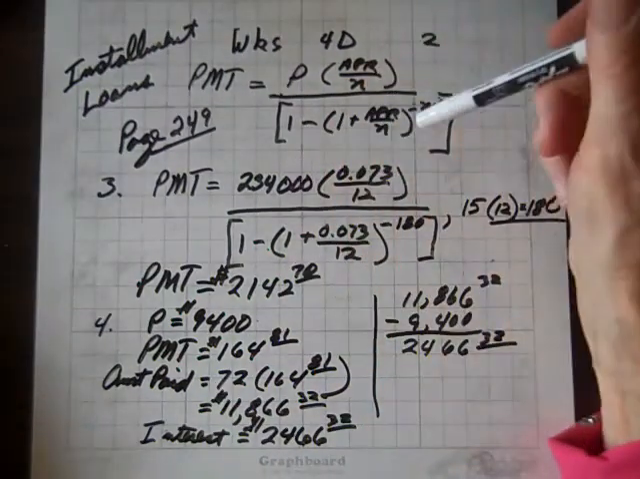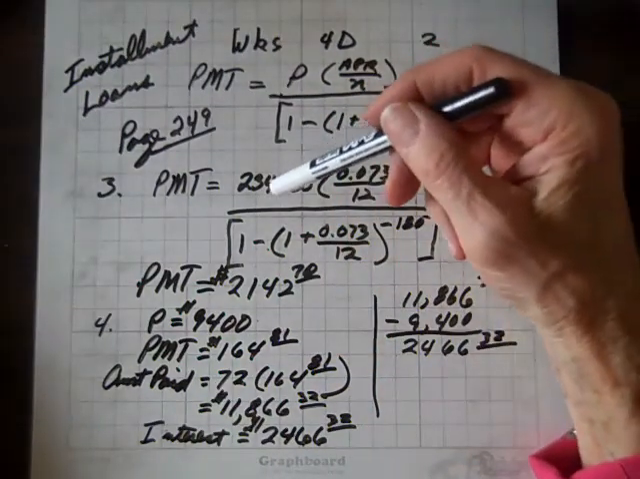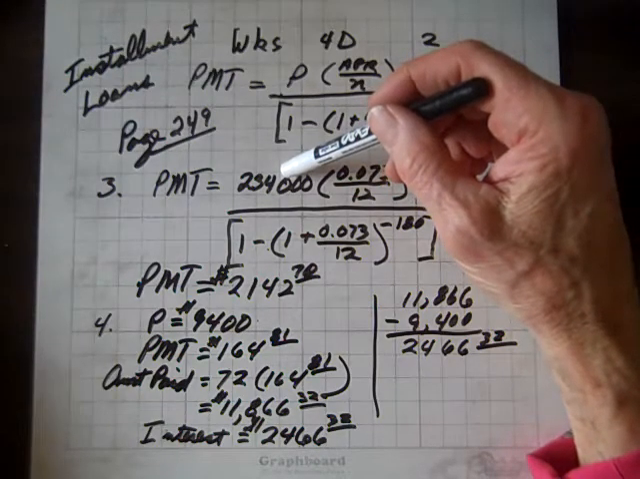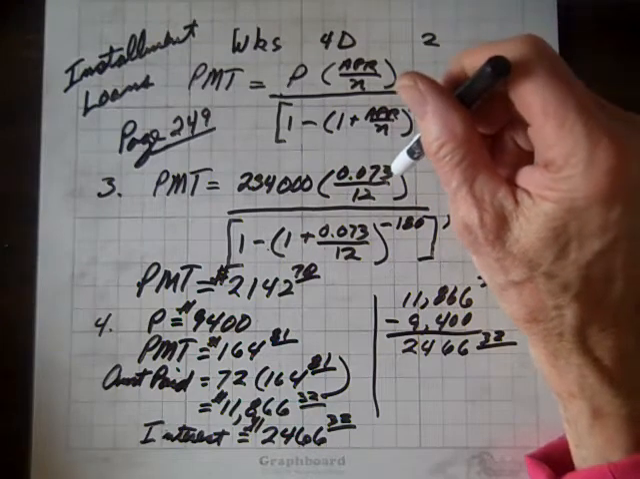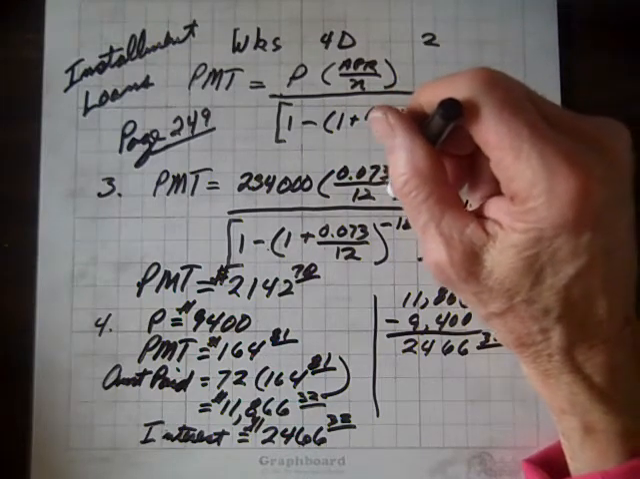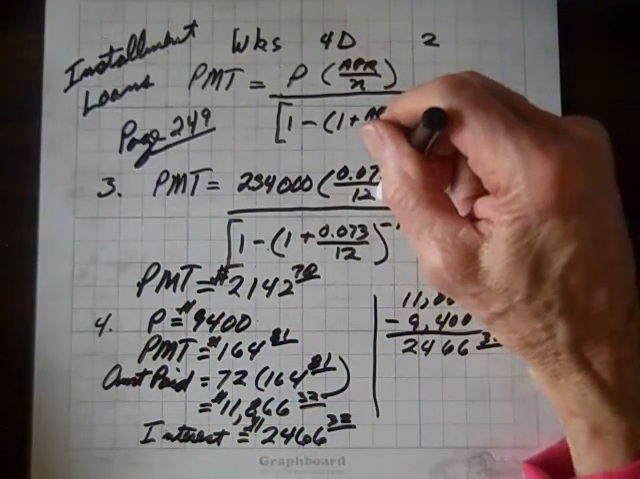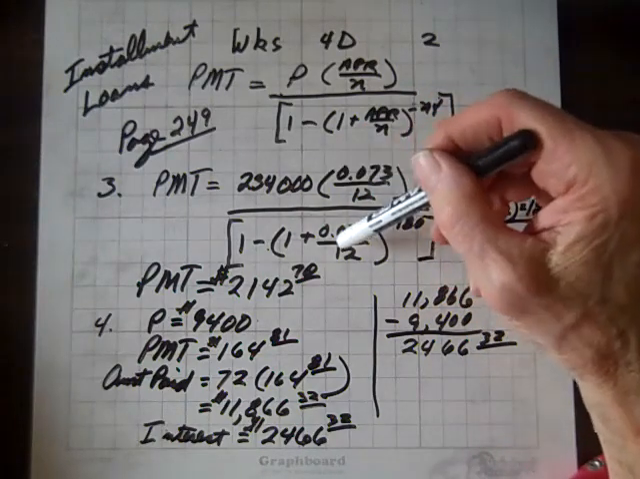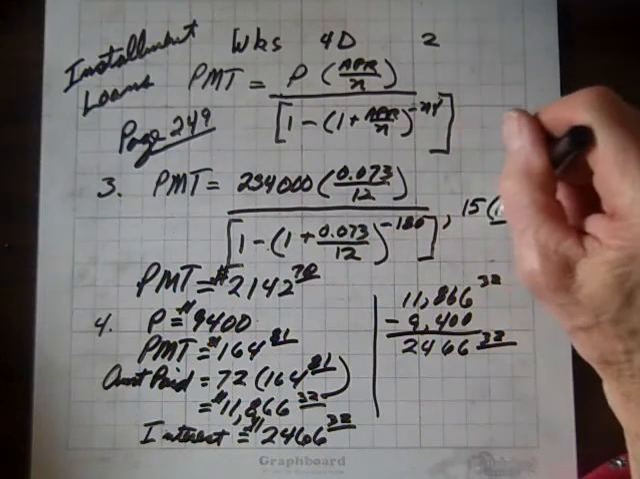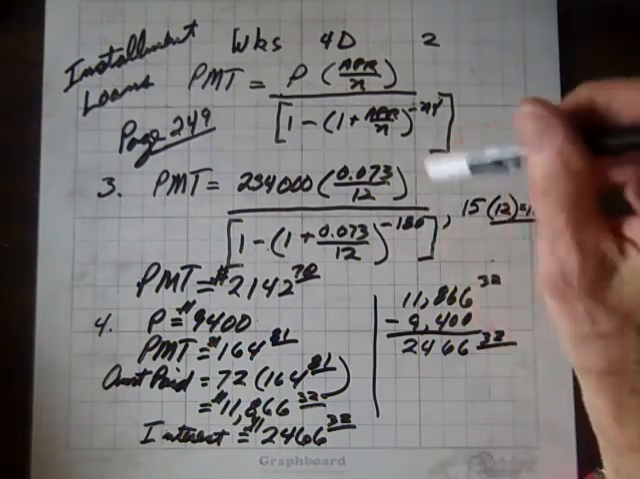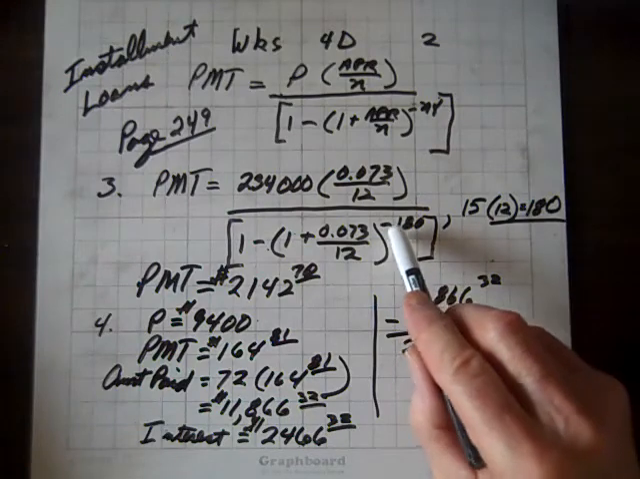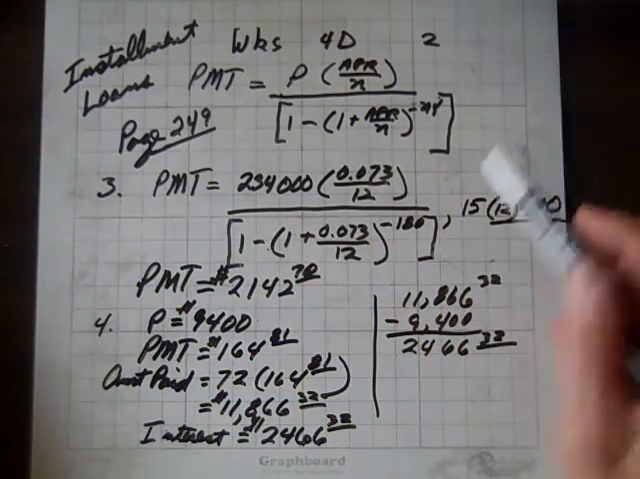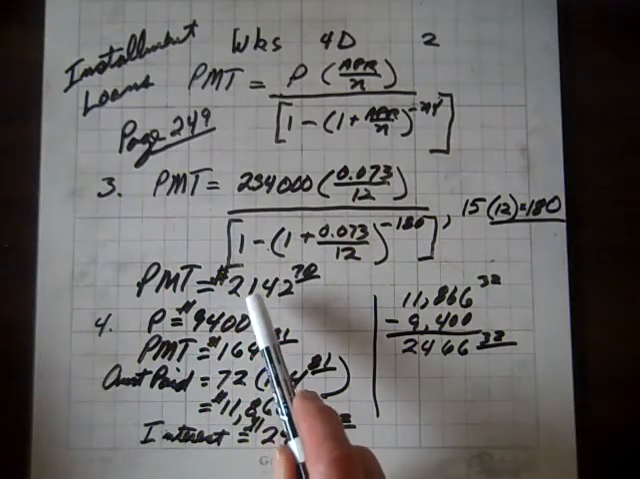Now, we can go back and do number 3. So for number 3, we've got a mortgage of $234,000 and an interest rate of 7.3% for 15 years, and we pay monthly. You just plug the values into the formula, and 15 times 12 is 180, so that's where the 180 comes from. Notice this negative sign on the exponent, and what we get is a monthly payment of